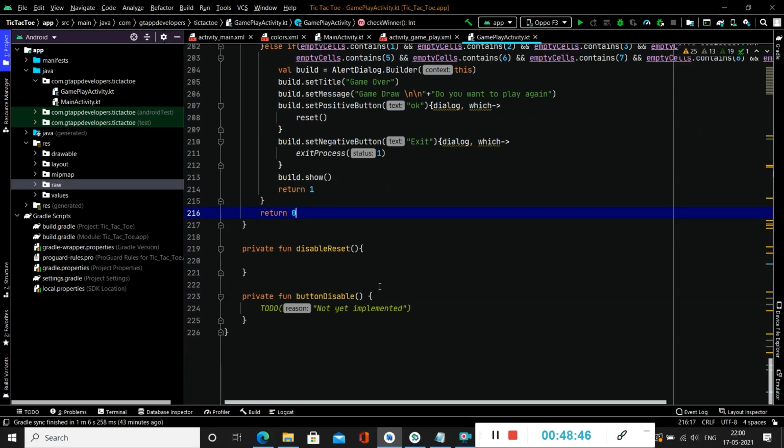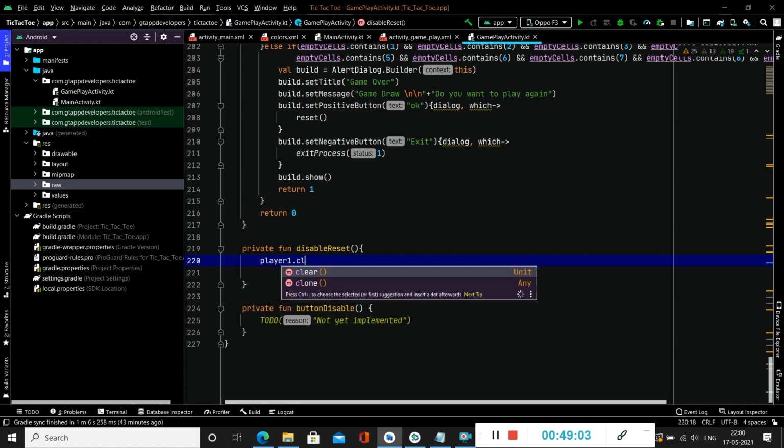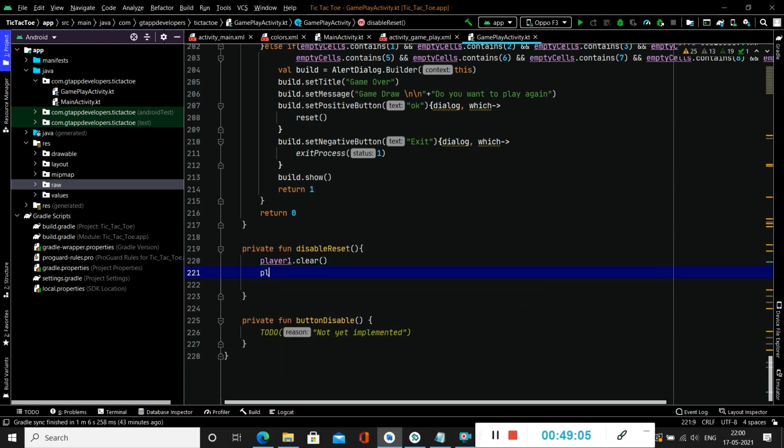So for disable reset, we will first of all clear all our array lists, that is player1 dot clear. After that player2 dot clear.